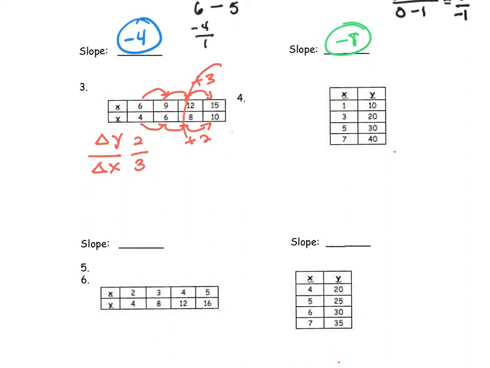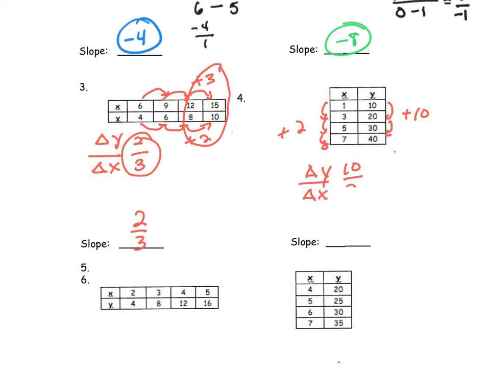And again, my brain is registering 3 over 2, but it's always the change in y over the change in x. This cannot be simplified, so we're going to write it as is. The next table, starting at the y side, this is consistently going up by 10. The x side, the change is consistently going up by 2. So my change in y is 10, and my change in x is 2, and that can be simplified to